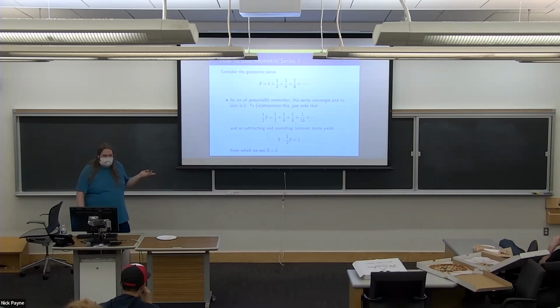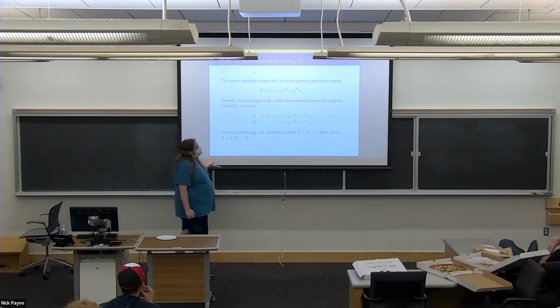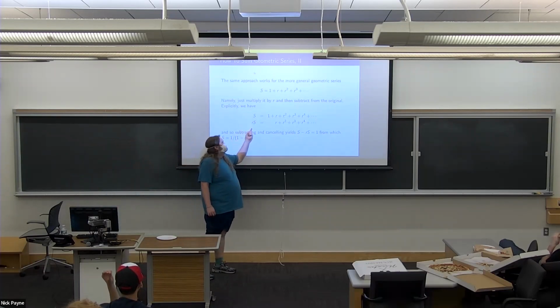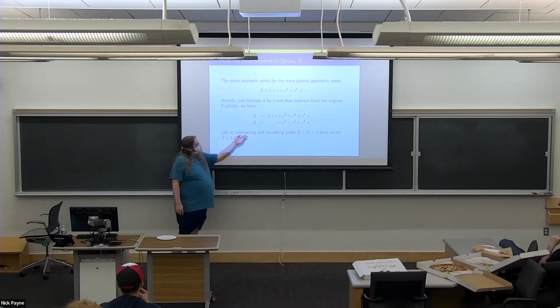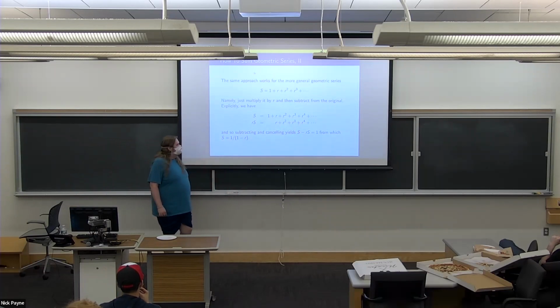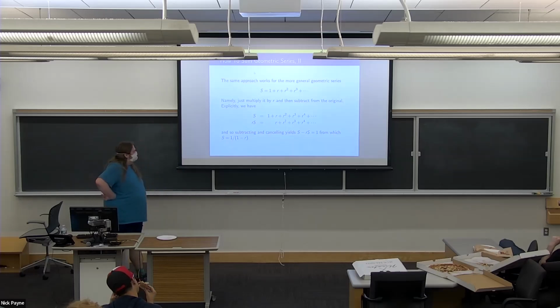I imagine many of you have seen the derivation of the formula for a geometric series done exactly this way. This works if I give you the more general one, 1 plus r plus r squared plus r cubed. If I call that s, multiplying by r just shifts all the terms forward by 1. So if I subtract, s minus rs, I get 1. And so s is 1 over 1 minus r. Now, you may quibble that there are issues if r is equal to 1, but there are issues with lots of values.